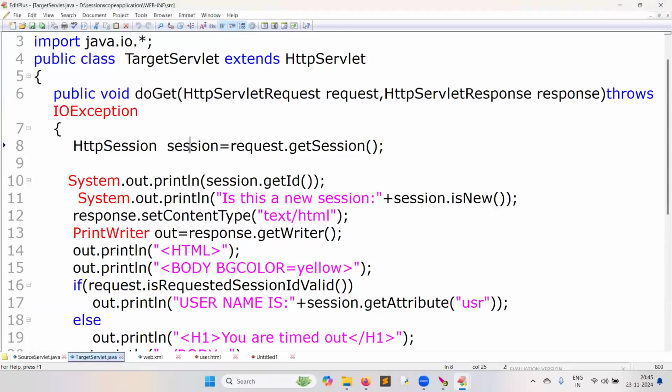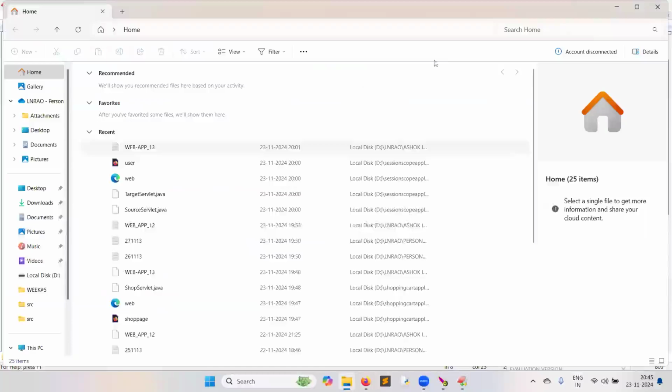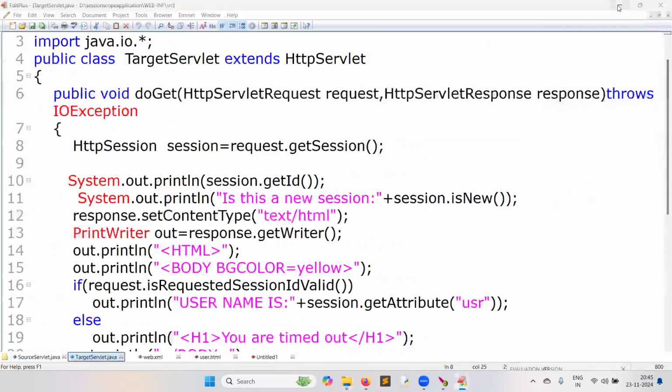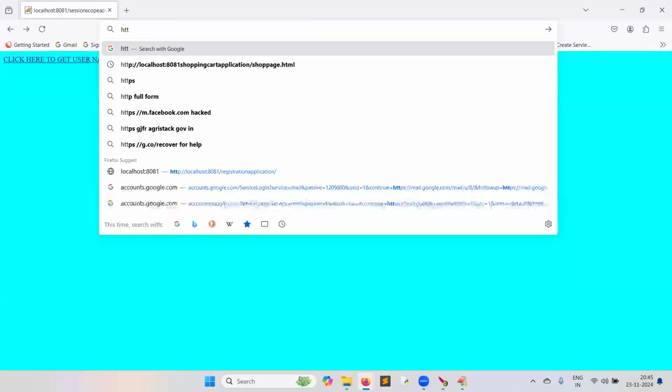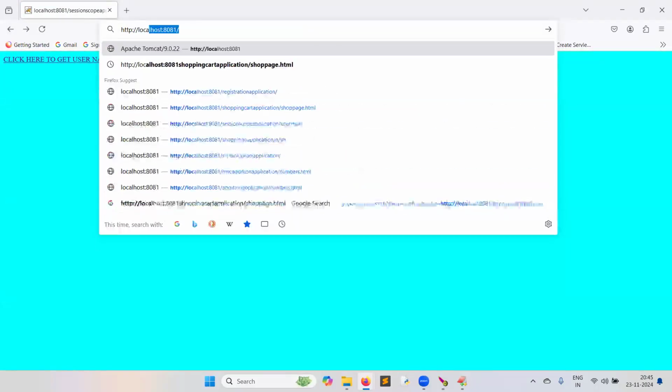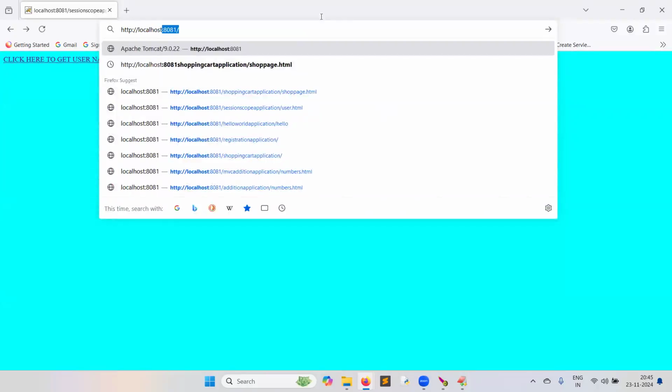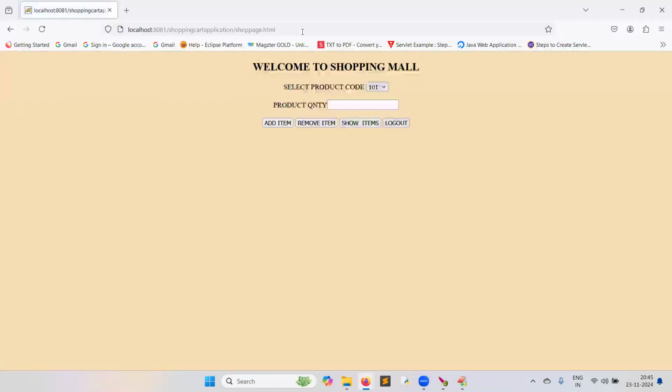Now let us move on to another example. What is that example? Observe. HTTP localhost 8081 shopping cart application, shop page.html.